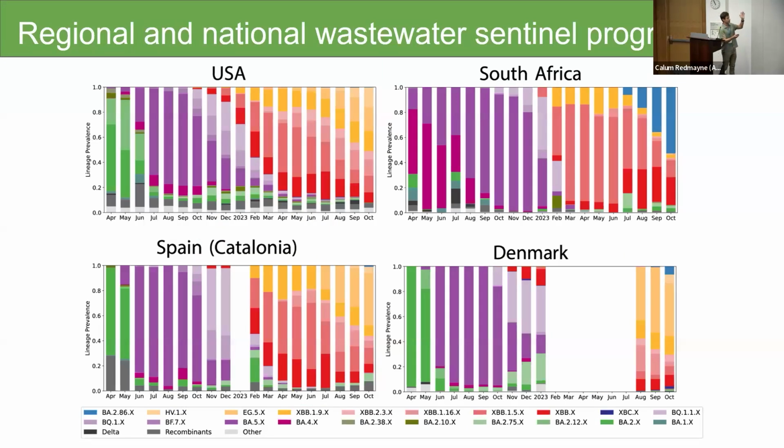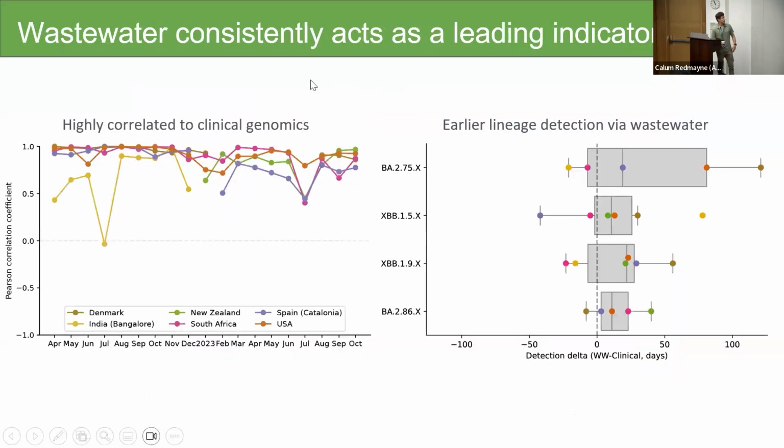So throwing up a few examples here from this program, and there are little gaps associated with some of these programs having lapses in government funding, switching over, different programs having switches between locations, things like that. What we can see is that we're able to track these lineage dynamics over time, and that they're not all happening at the same time. So you can see certain lineages might be popping up earlier in the US versus South Africa, in Spain versus Denmark, etc. And we're able to pull all this information and do a more systematic characterization of what might be going on here.